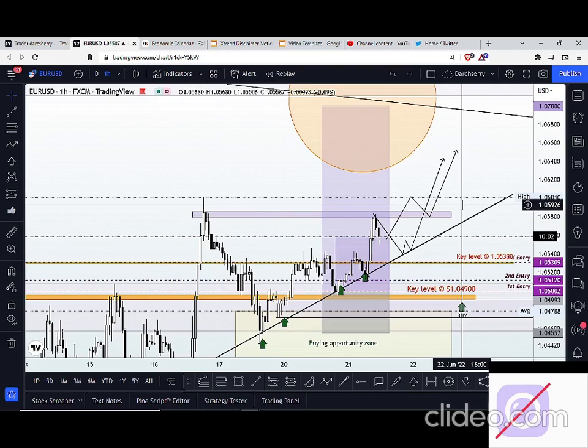So I think I did justice to the Euro USD. So I want to move on. I want to try as much as possible to cover as many pairs as possible so that we can have a wide range of opportunities we can choose from during the New York